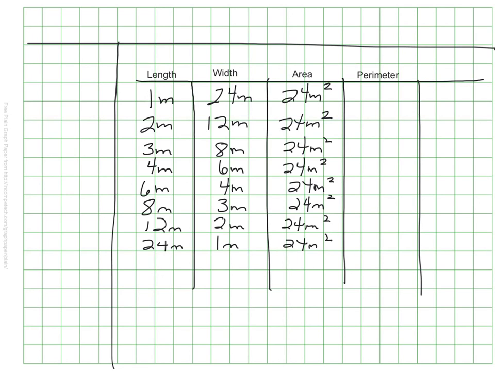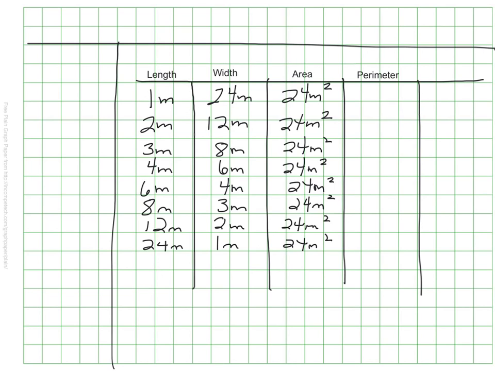How'd you do? I found all these different possibilities for our garden. Some of you might have half as many options that I had, but I noticed that the length and the width could be swapped around, right? So we could have a 1 by 24 or a 24 by 1 meter garden to have an area of 24 square meters. So all of these options give us the space inside that we want,